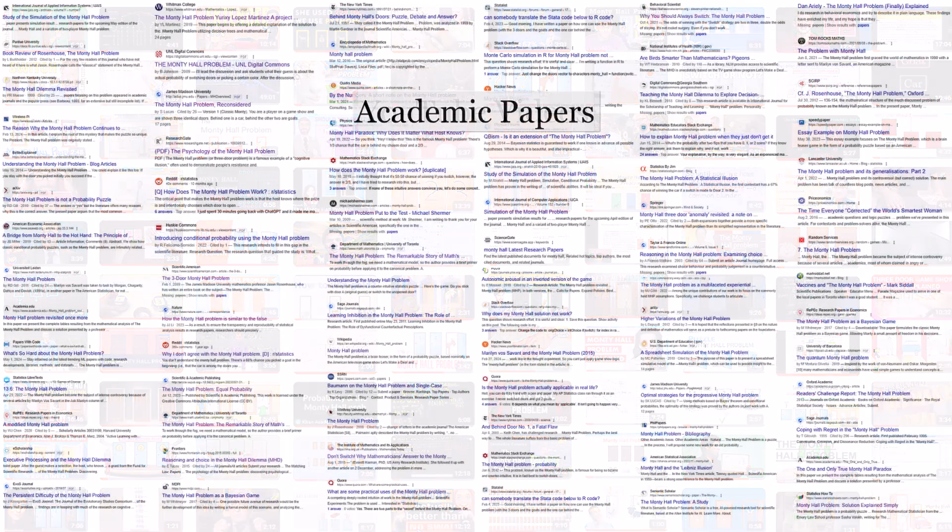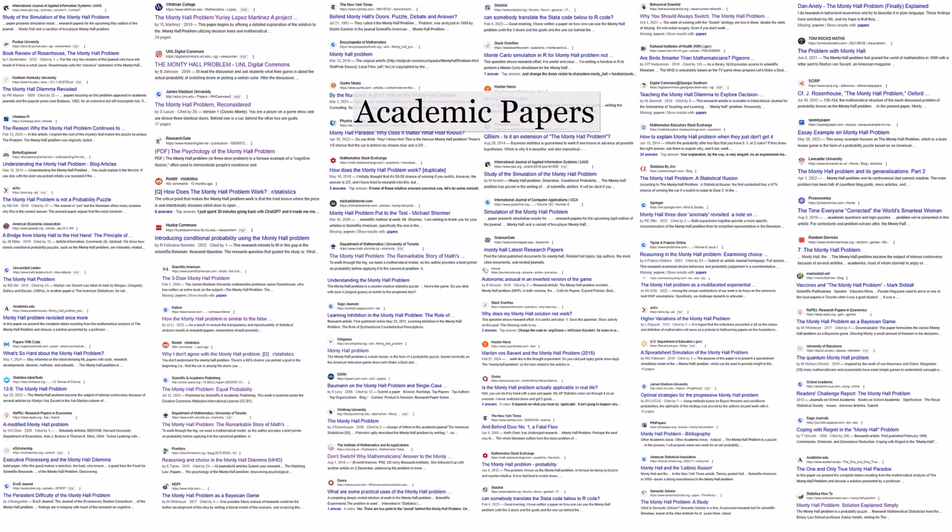And the same holds true for the academic papers. The academic papers are divided into 2 groups. The main group proves that switching works through probability exercises. So they write equations and they do mathematical proofs. And a second, smaller section of the academic papers gets into the psychology of why folks like yours truly would say that there isn't an advantage to switching, or rather that it's a one-time trial and the answer is unknown.